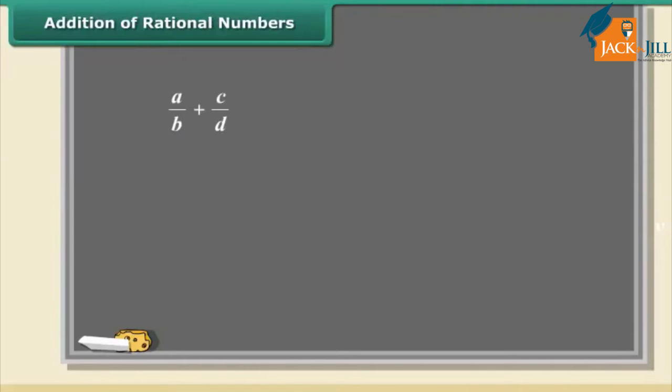How to add rational numbers? Hey, it's easy. Before we add, keep in mind the rational numbers should have the same bottom number, that is, both the rational numbers must have a common denominator. The easiest way to do this is to multiply both parts of each number by the bottom part of the other. Here is an example of addition.